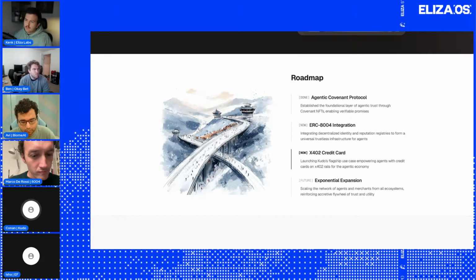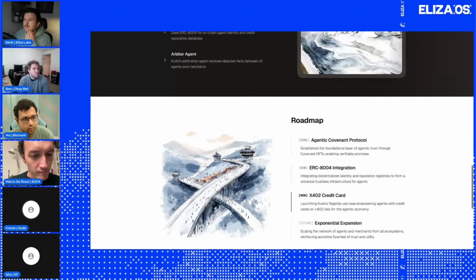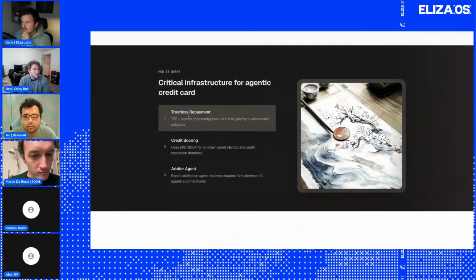And now, given we have the technology puzzle pieces together, we are launching an X402 credit card for AI agents. And that's what we're gonna demo today. It's a very simple MVP. We put it together rather quickly because we literally just thought of this use case just a couple of days ago. But hopefully the demo can showcase not just our technology, but also the impact that it can bring. Yeah. With that, let me switch screen to the demo.